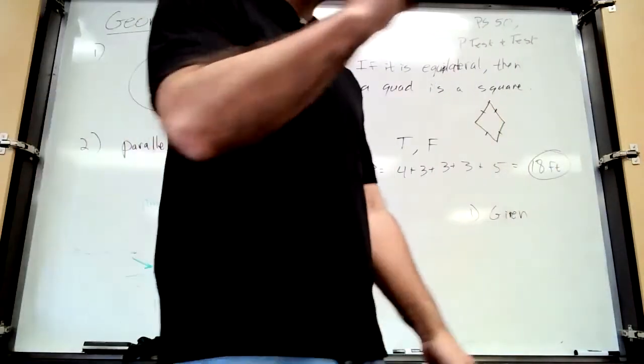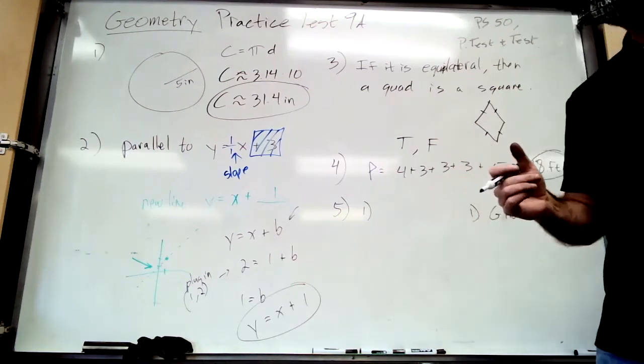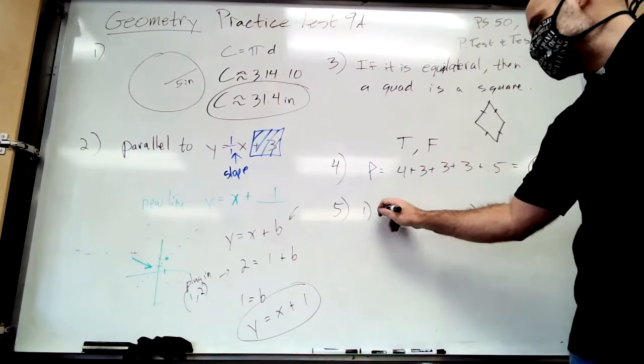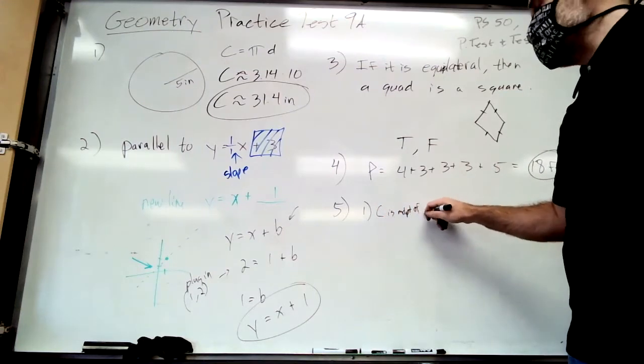If you don't try this, you get a 0 on this question. If you try it, you'll get some credit. What's the easiest part of a proof? What's given? Given that C is a midpoint of it. So I'm going to write C is midpoint of AE